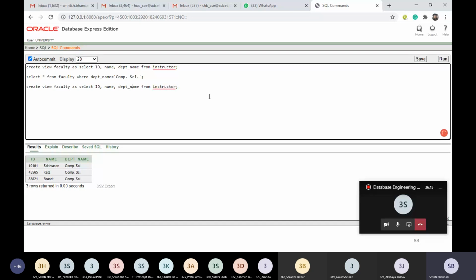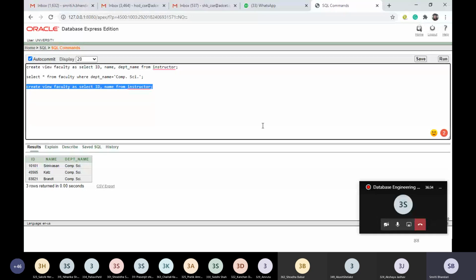If I try to write create view faculty as select ID, name from instructor, see what I'm trying to do: only two attributes I would like to have in my view.